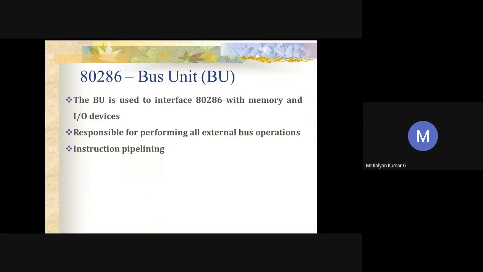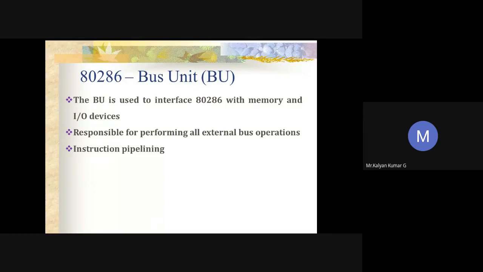When ma'am taught you the basic configurations of 8086, minimum mode and maximum mode, you would have noticed latches and drivers. The same case applies here also. The bus unit consists of latches as well as drivers, with the help of which we can transmit the address A0 to A19, and this in turn is used for performing read and write operations. Apart from this, the bus unit is also used to fetch instructions from the memory.